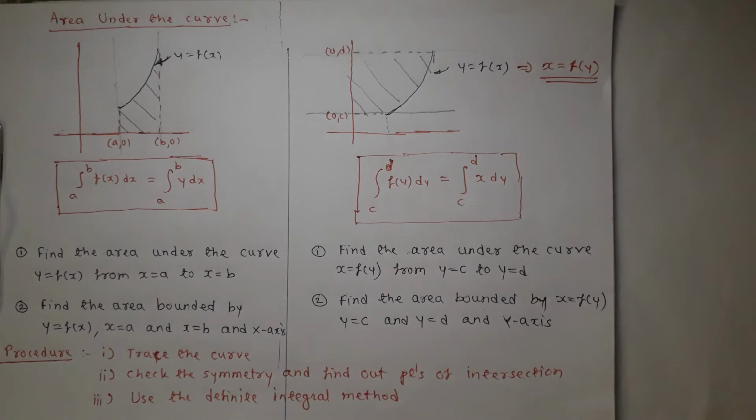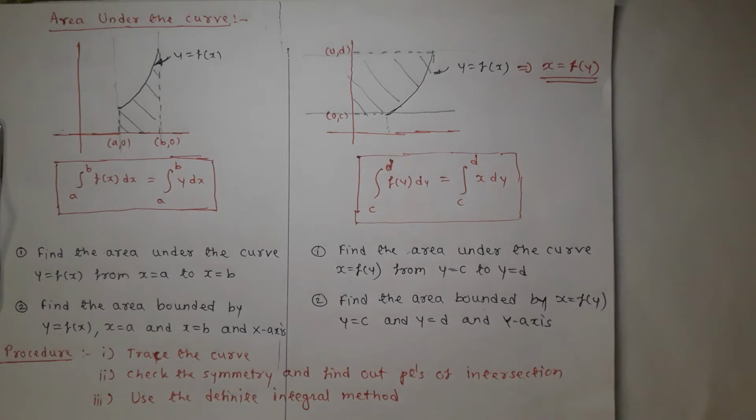Whereas if the powers of x, y are even, the curve is symmetric about x-axis. For example, y square is equal to 4ax. It is an equation which contains the power of y as even power, which means that it is symmetrical about x-axis. On the contrary, x square is equal to 4ay, which contains only even power of x, is symmetrical